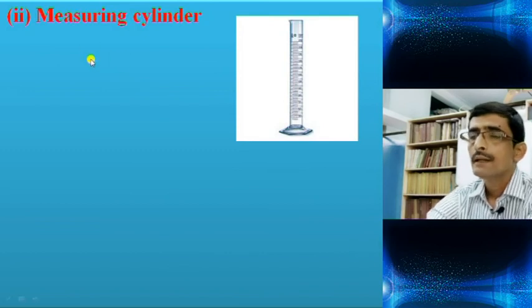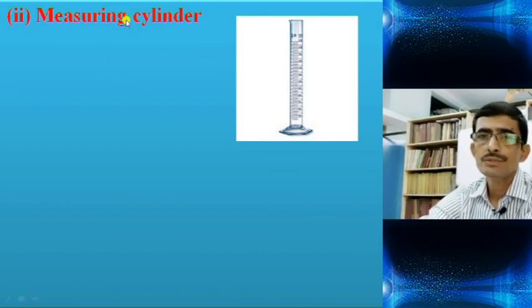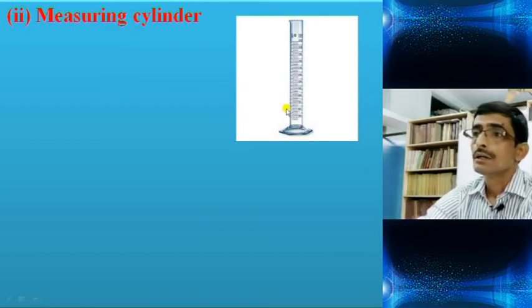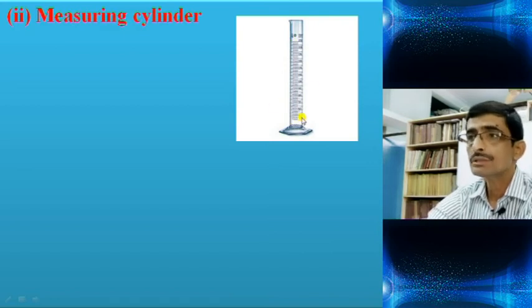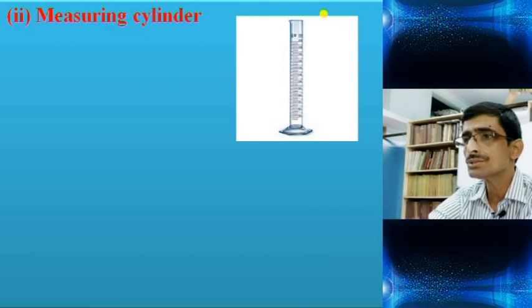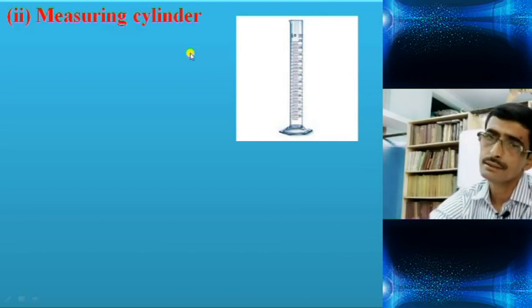Now the second instrument was the cylinder, the measuring cylinder. How to use the measuring cylinder we have learnt in our previous class. Here you can find out the volume of the liquid very easily by pouring liquid in the measuring cylinder, and you can find out the mass of that liquid as we have learnt here in that way. So I am not going to discuss how to use the measuring cylinder to find out the density of that liquid. I am leaving this space blank for you. You will fill